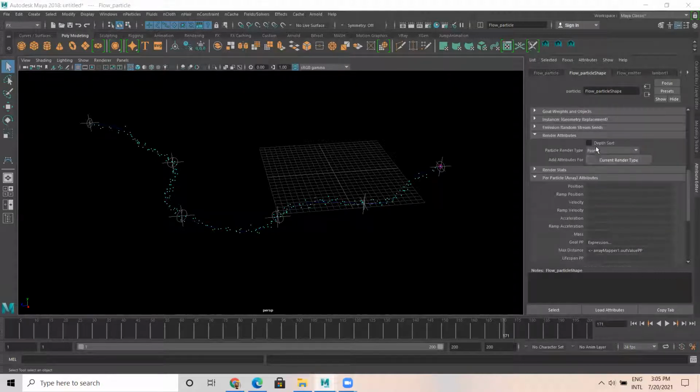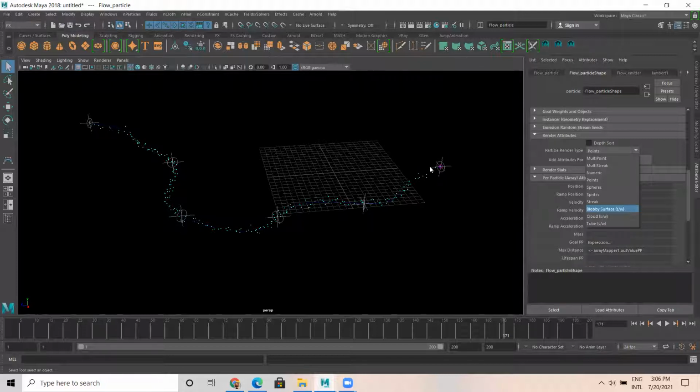For example, instead of point, if I want this as a smoke or fire effect, I have to go for cloud. If I want this to look like water, I make this a blobby. If I want the flow to look like lava, I make this a blobby surface. And we can define the thickness, the radius of the particle.